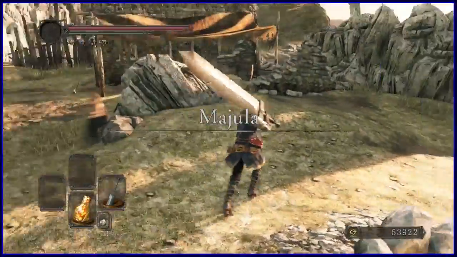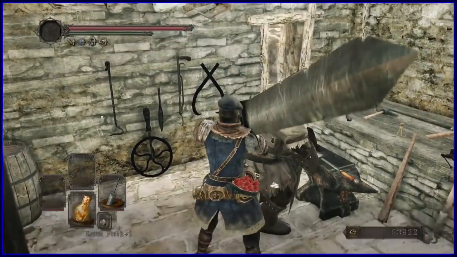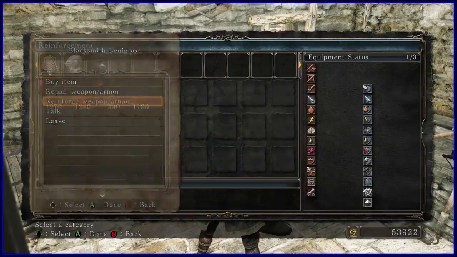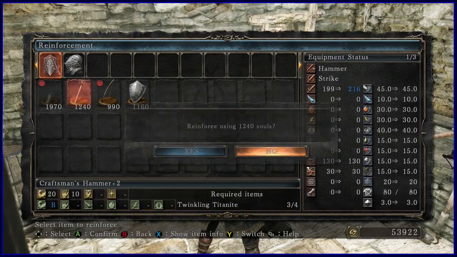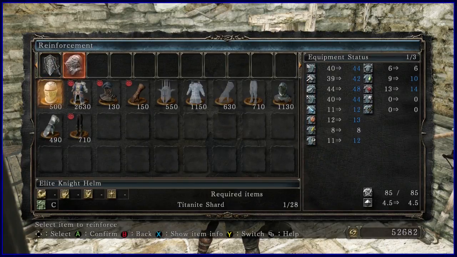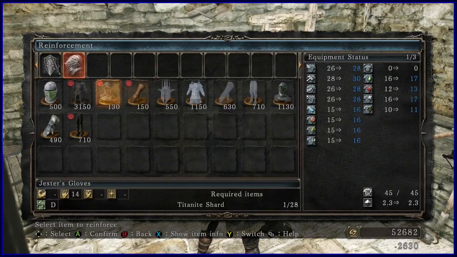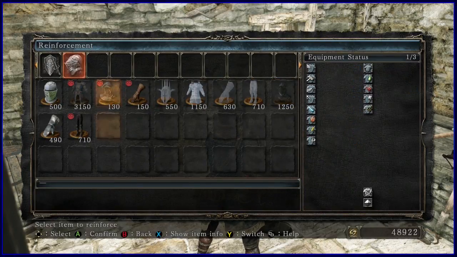Alright, so now we've done that. First step, come over here, let's upgrade our hammer. Reinforce my hammer to +3, thank you. Now it's up to 216. I need 4 Twinkling Titanite to get it up to the next one. Oh, I've got enough large Titanite in order to upgrade my Elite Knight Armor, which I will. And I can also upgrade my Alva Helm. Sweet! Needs more large Titanite shards, so...